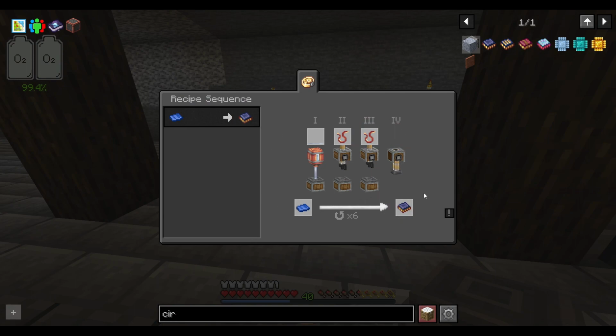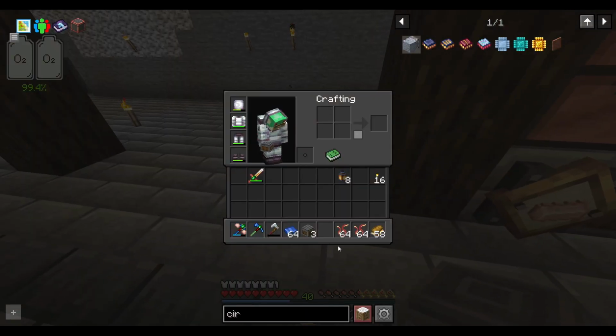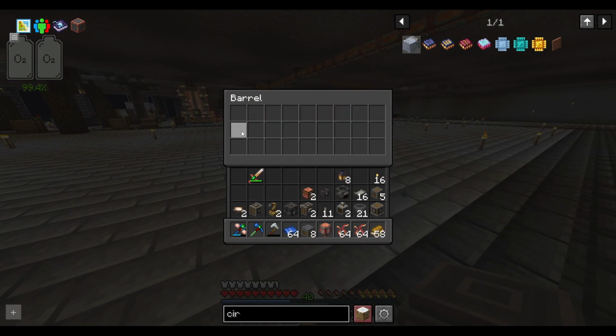So essentially what I'm going to do is I'm going to bring in various materials and we're going to let the thing kind of work. So I'm just going to pretty much copy this idea. So what we do is we go over here to where this chest is, grab all of our stuff, and